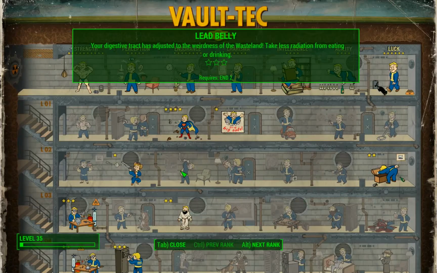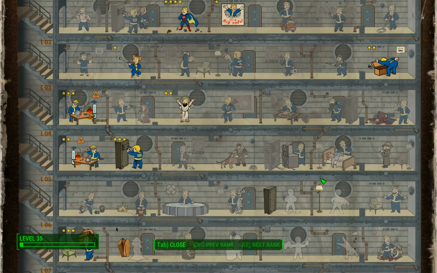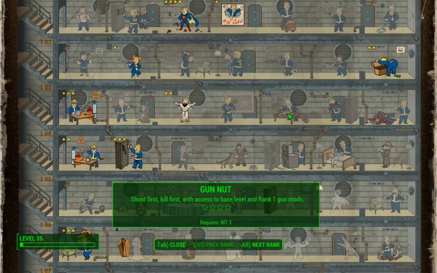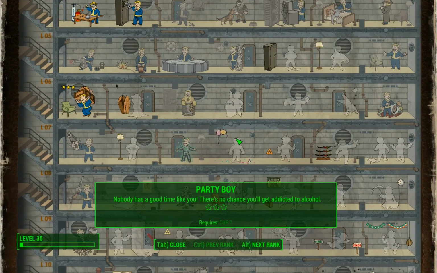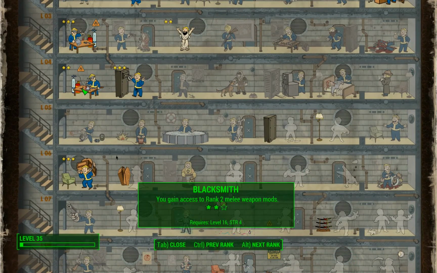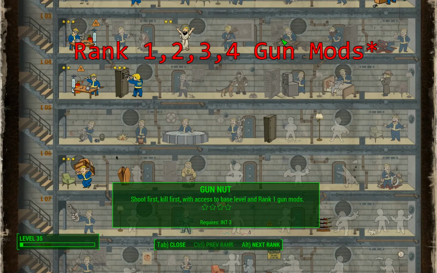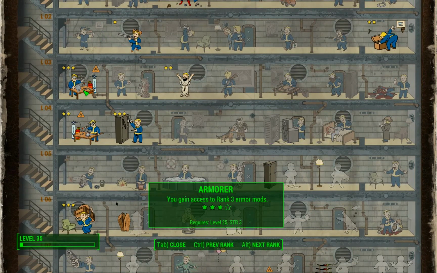A couple of the perks that are associated with crafting are armor, blacksmith, gun nut, which is right here, and then science, which is right there. Okay, so right now I have no points in science, but I do have 2 in blacksmith and 2 or 3 in armor, but I have none in gun nut though. So gun nut is basically used to unlock rank 1, 2, and 3 gun mods. Armor is used to unlock rank 1, 2, 3, and 4 armor mods,